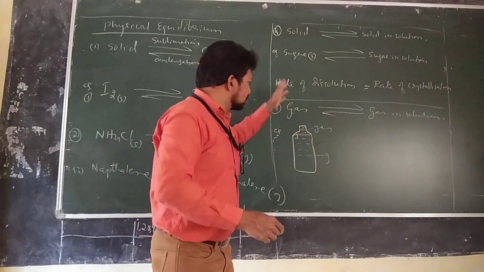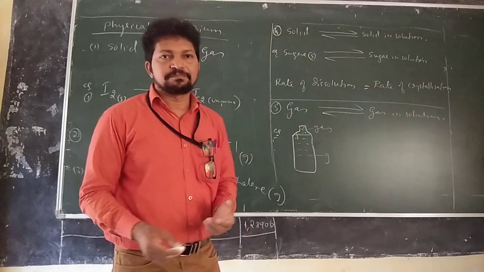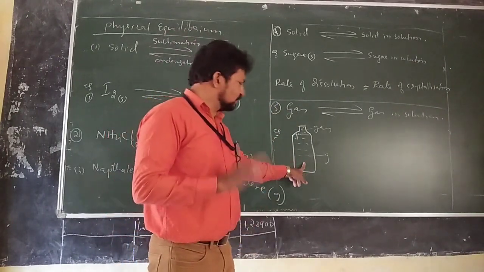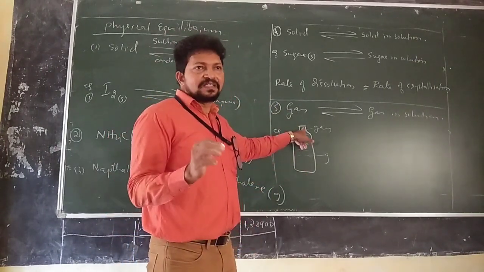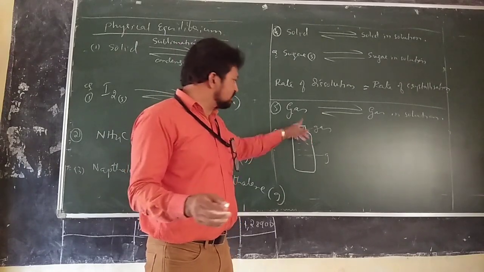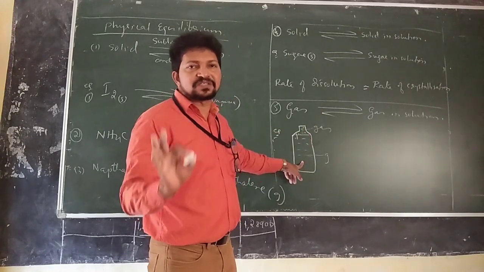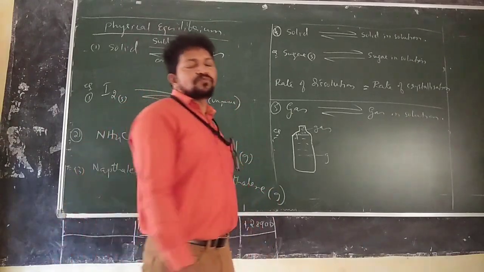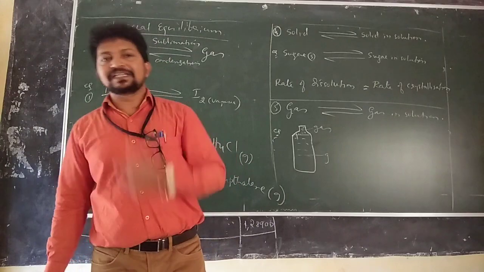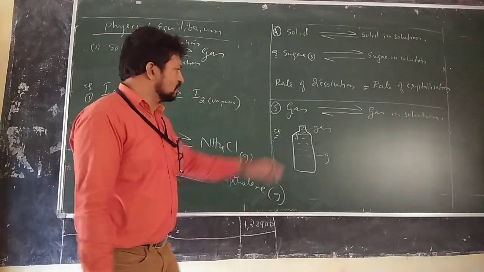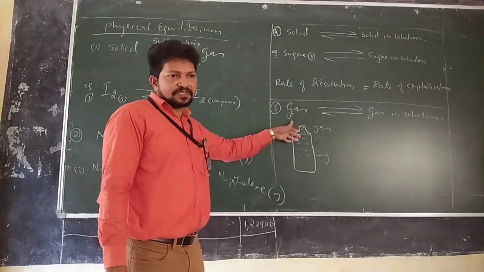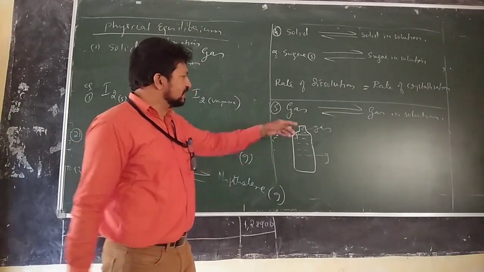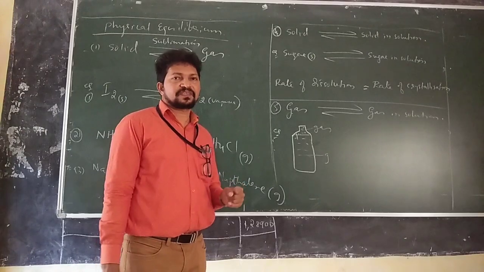If you open the cork, so much of the dissolved gas is once again becoming gas. So this is a solution, this is a gas. Whatever amount of the gas has been dissolved is called a gaseous solution, a solution of gas in liquid. In second year PUC, you learn this. There is a law called Henry's law, which is not necessary here. So you take this as an example.